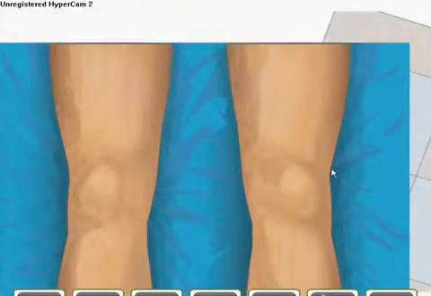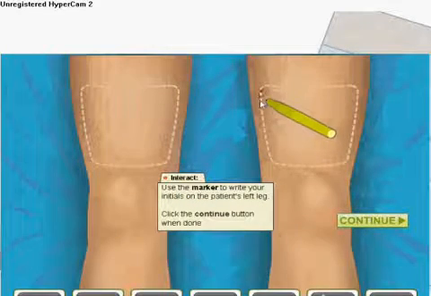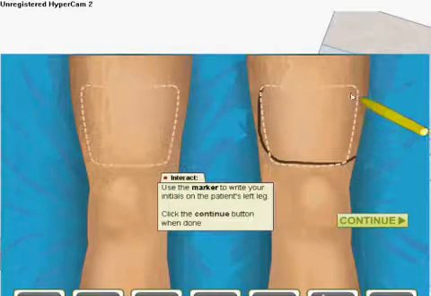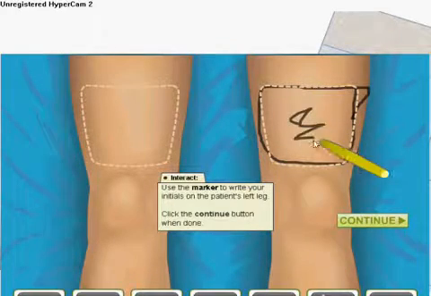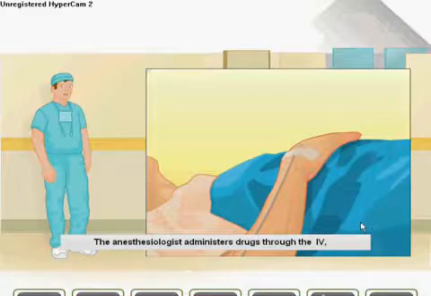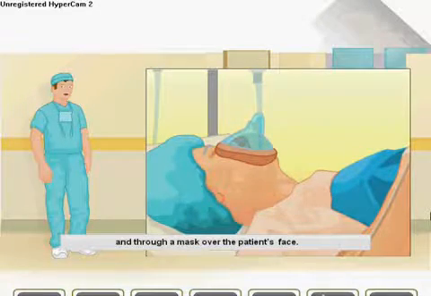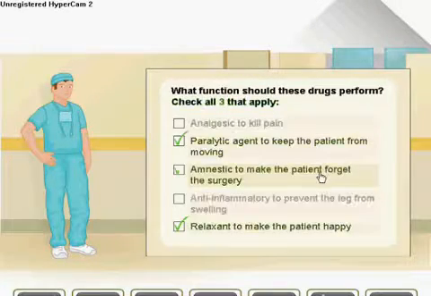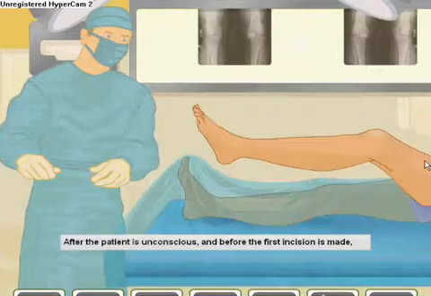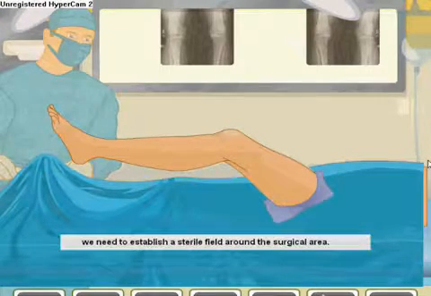Now it's your turn. Use the marker and write your initials on the proper knee to be operated on. This may seem silly, but it's an actual step taken to prevent wrong site surgeries. The anesthesiologist administers drugs through the IV and through a mask over the patient's face. What function should these drugs perform? Fantastic. Good work. Great. After the patient is unconscious, and before the first incision is made, we need to establish